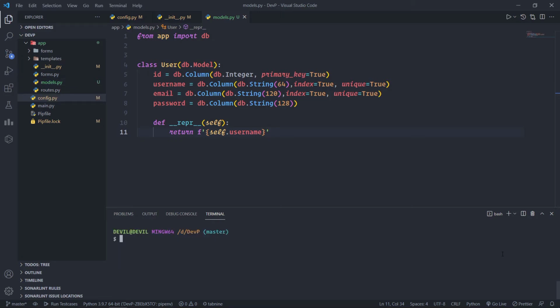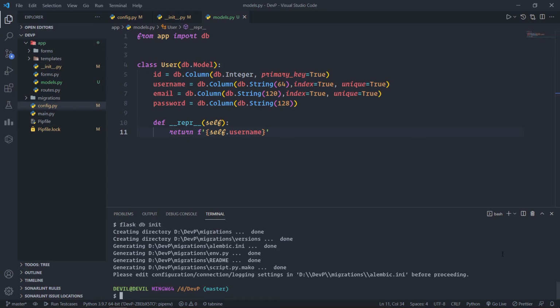So let's create the database migration repository by running the flask db init command, which will initialize our migration repository. And yes, we see this output, and we have this new migrations folder here, and within that let us see this.